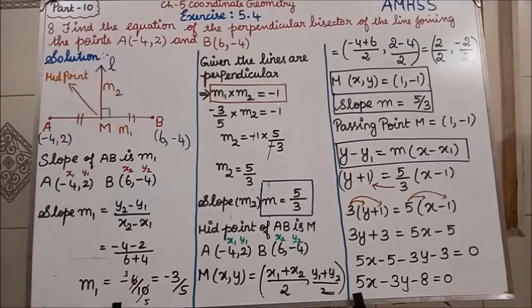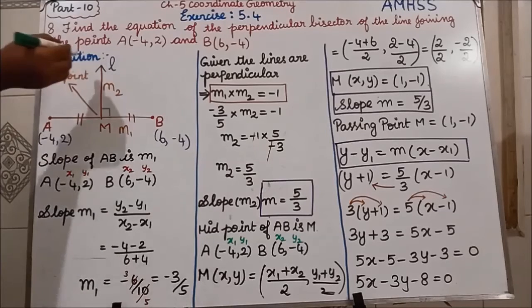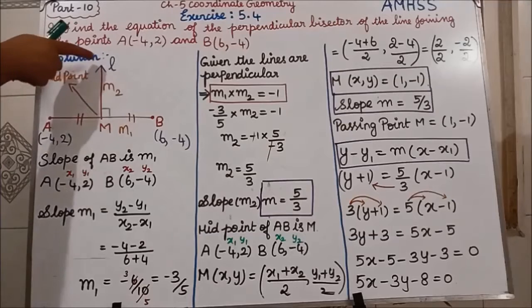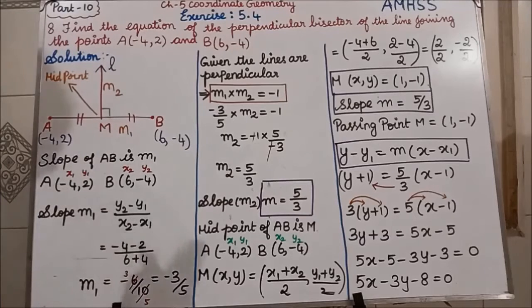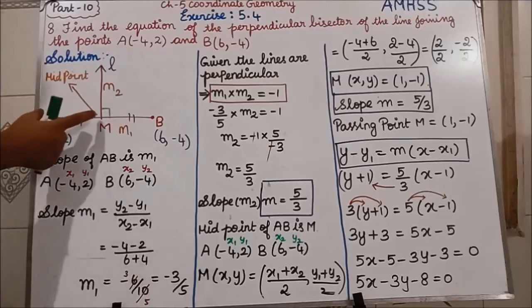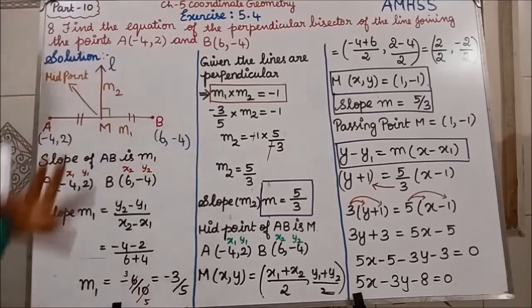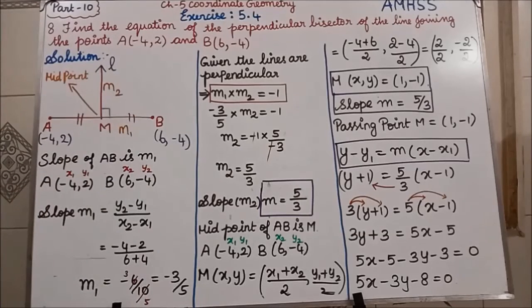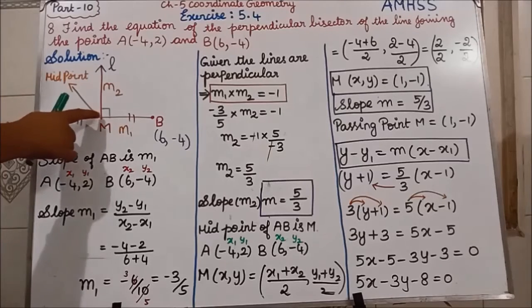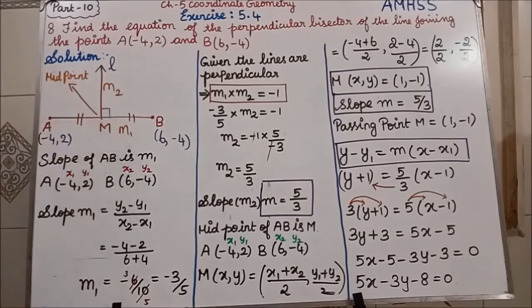One more time we will recall what is meant by perpendicular bisector. Students, perpendicular means 90 degrees. Perpendicular bisector means the line which divides into two equal halves. See, this is the line, so I have written L. This line divides this line into two equal parts. If A to M is 5 centimeters, the same measurement M to B will also be 5 centimeters. Clear? That is the perpendicular bisector. Which means this point M is the midpoint.